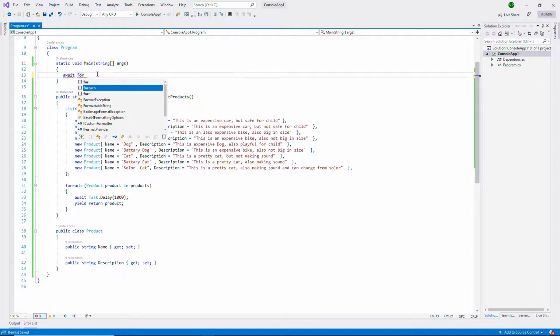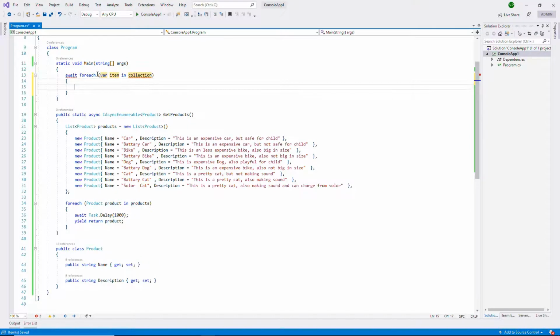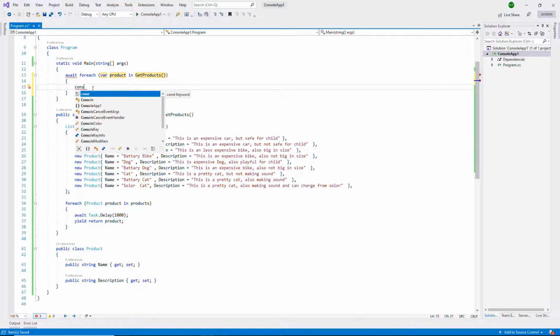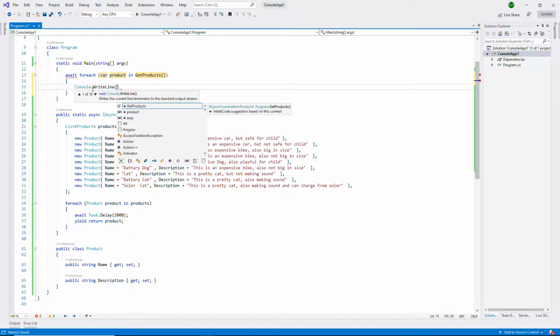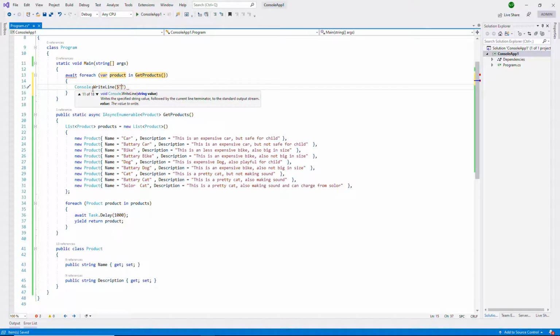After this I'll go to the main function and define one foreach loop which will use the await keyword to call the GetProducts function. I will simply print here Console.WriteLine to display the name of the product and description of the product.